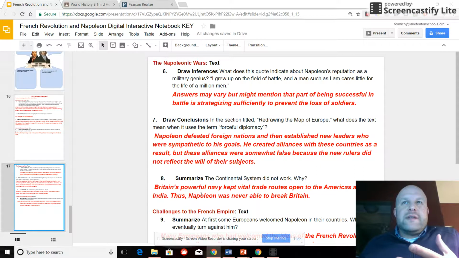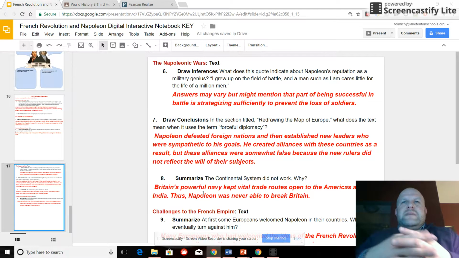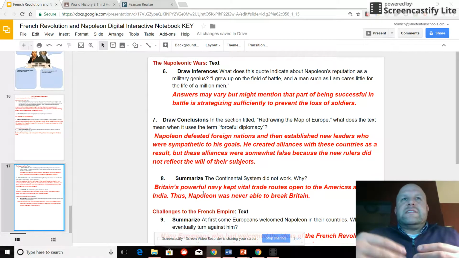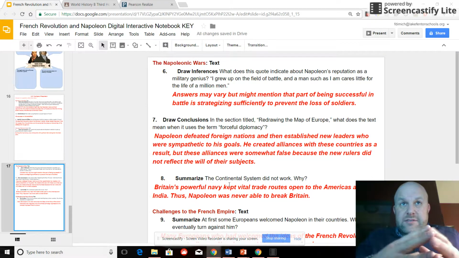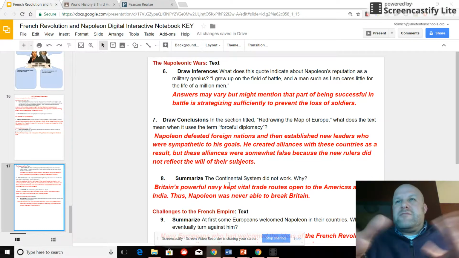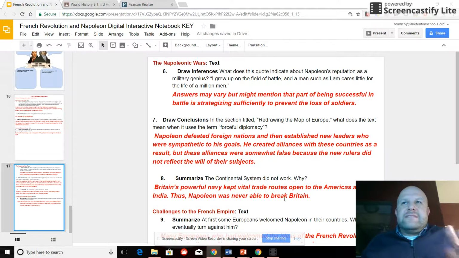He defeats foreign nations. So what does the text mean when it says he uses forceful diplomacy? The term forceful diplomacy basically means he's defeating foreign nations and establishing new leaders that are sympathetic to his goals. So he's creating alliances with these countries as a result. But these alliances were somewhat false because the new rulers did not reflect the will of their subjects,